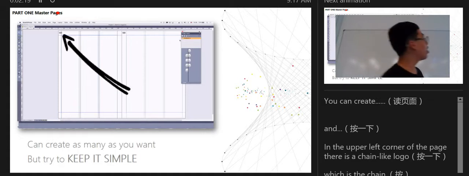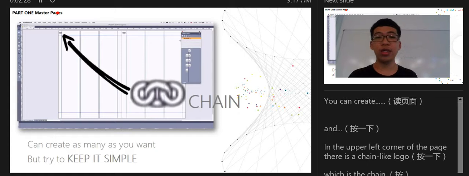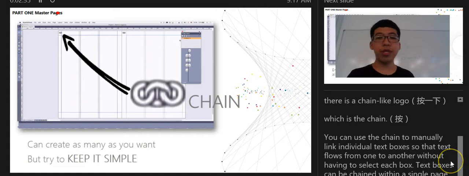And here you'll see the logo. In the upper left corner of the page, there is a chain link logo, which is this one, the chain. You can use the chain to manually link individual text boxes so that text flows from one to another without having to select each box. And text boxes can be chained within a single page, across the spread, or through several pages. So to do so,